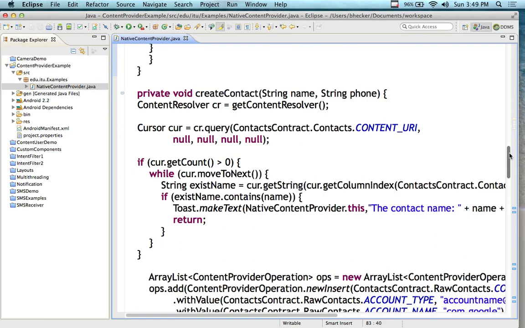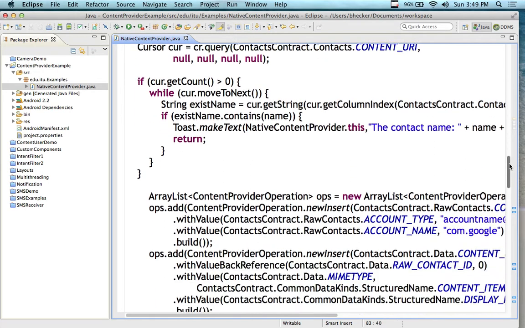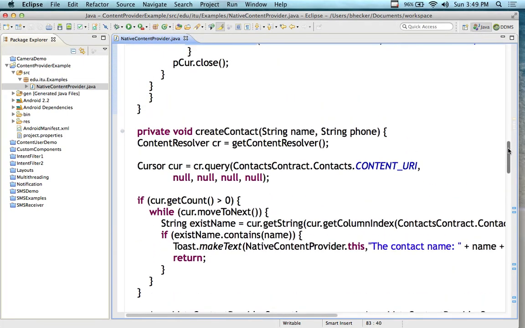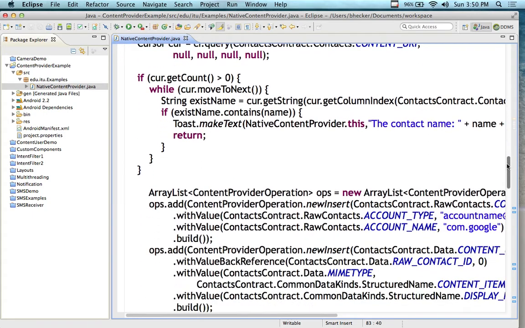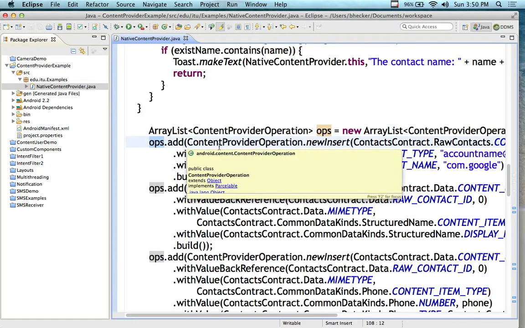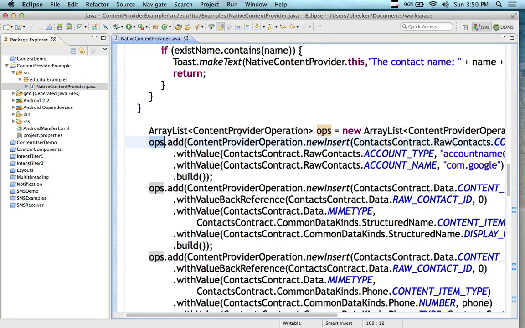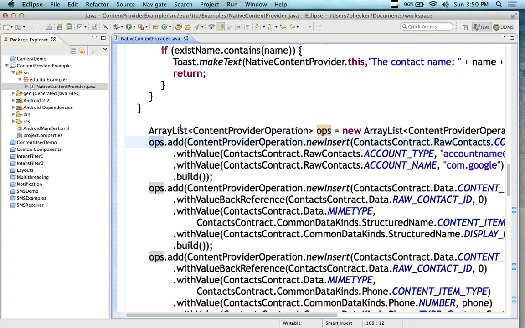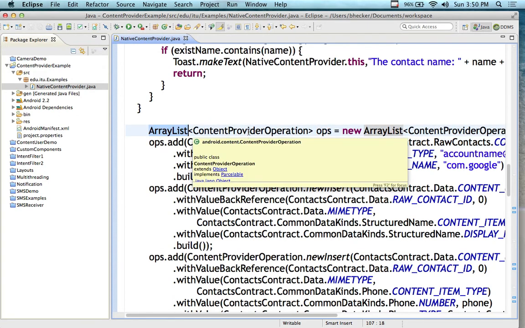This one here is going to basically create an array list that's going to go through and look at each one of the contacts, and we're now going to create a contact. So it's going to create an array of what's on there, then we're going to write one to the end of it. So for this array that's out here, we're going to call array.add, because this is a content provider operation, which is what we're going to put in this array list type, which is coming from, again, collections